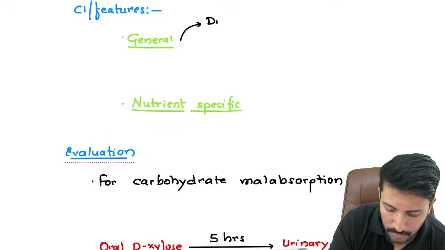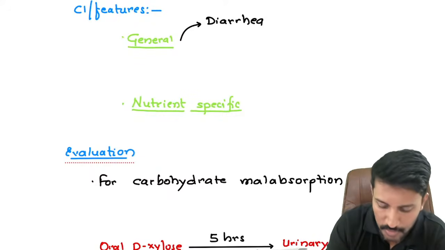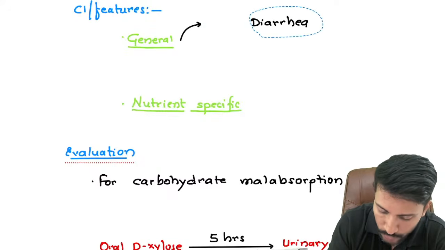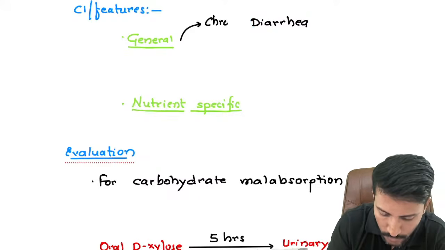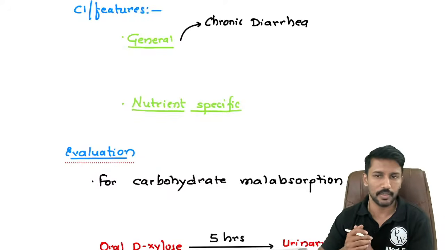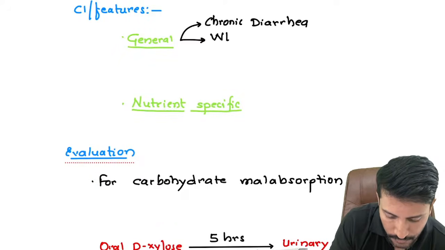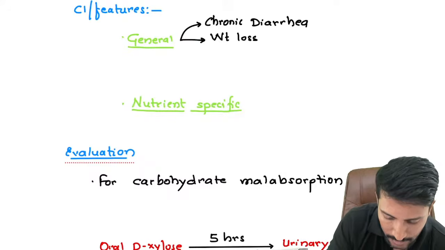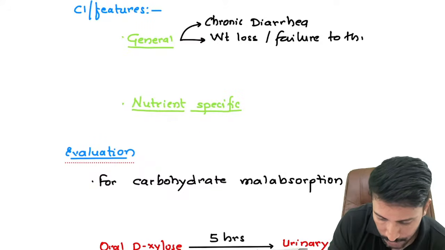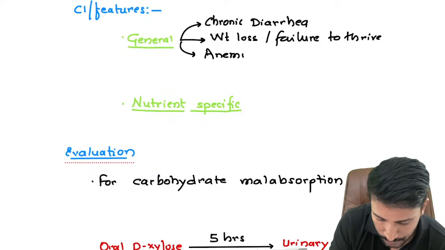One of the common symptoms of malabsorption, and in fact, as a doctor, I start suspecting malabsorption when a patient presents with chronic diarrhea. And when I say chronic, it means more than 4 weeks of loose stools. Because whatever nutrients are not absorbed are getting lost in the stool, many of them end up developing diarrhea. Second, if there is malabsorption syndrome, patients can have weight loss, or if it is a child, it can be failure to thrive. If it is micronutrient malabsorption, patients can have anemia, right?